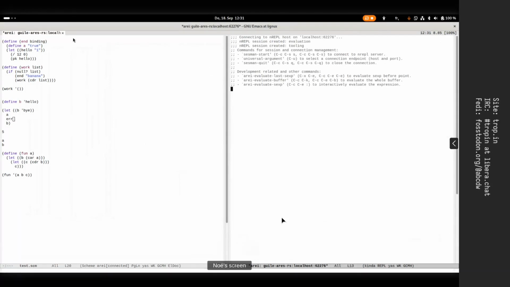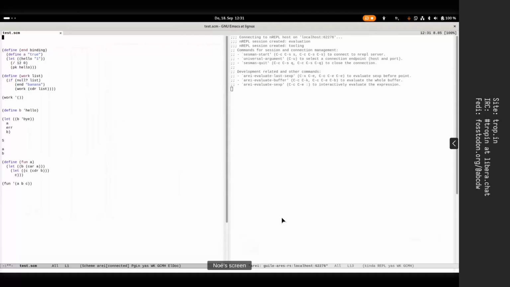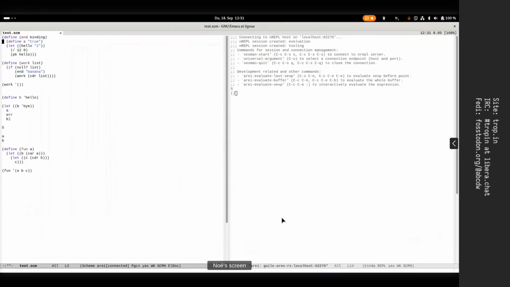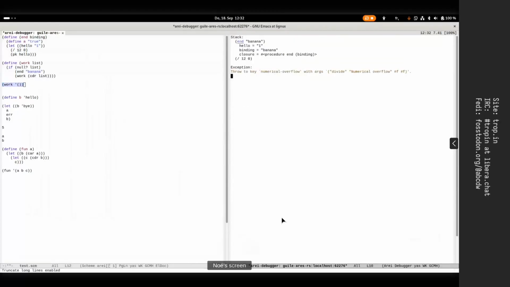And let's check that evaluation works correctly. 5 evaluates to 5 and an empty list evaluates to an empty list. Good. Let's eval two functions, end and work, and call the work function with one argument, an empty list, and we get